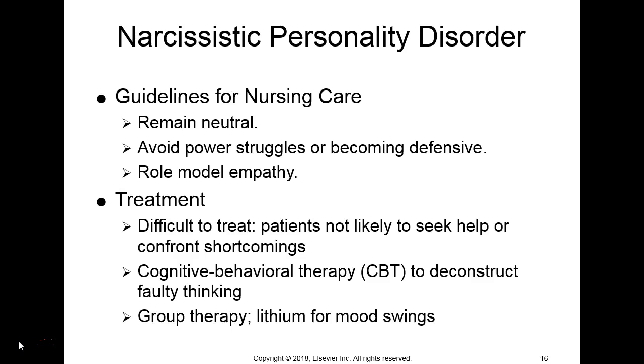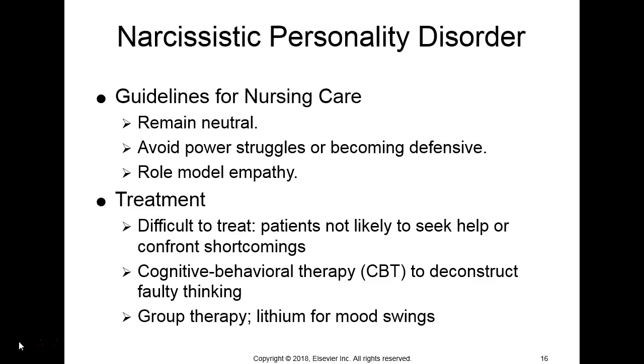So treatment is very difficult, and they may not even seek help. But we also have to understand that when people are narcissistic and we think they're really arrogant, and it's all about them, they usually have an underlying feeling of abandonment, and they might feel intense shame. So in other words, it's almost like a way to overcome those. If we look at them as somebody who really fears abandonment and fears loss of relationships with other people, it might be a little bit easier to work with them.